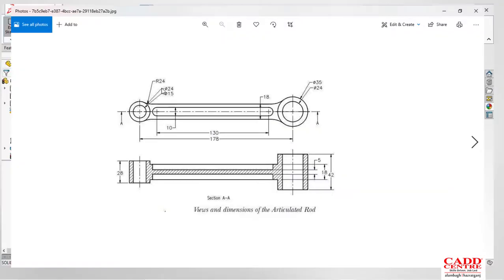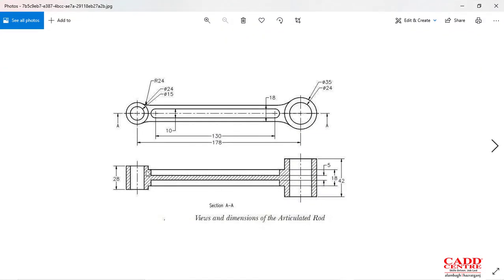Now we have to draw that line, and how much we have to cut. They have given 18. Just go here and then 18.